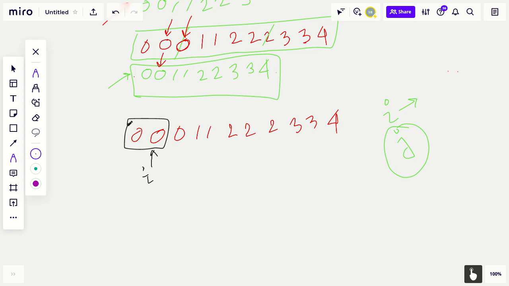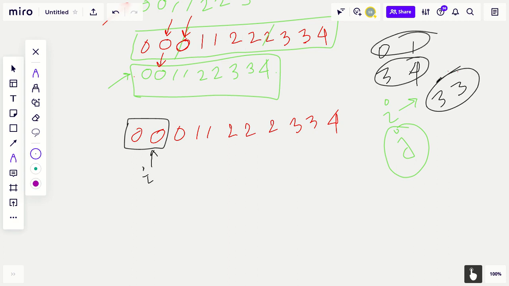Because the first two may have 0 1, or any numbers like 3 4, or they can also have repetitions like 3 3. But in both of these cases we are keeping them, right? So the second place is pretty much safe, we are not going to alter its value. We have to check from this third place onward, so index 2 onwards we need to check.